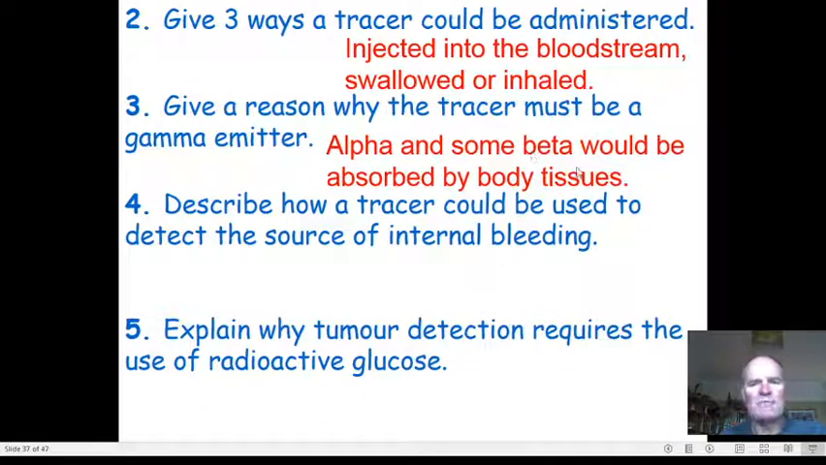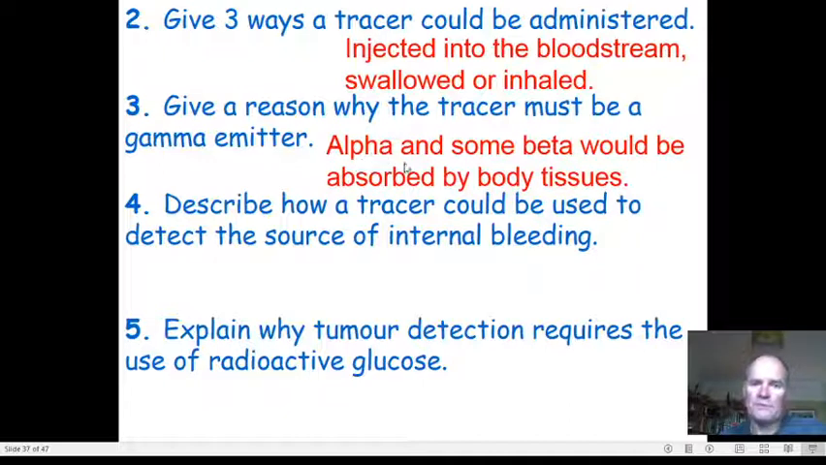Okay, alpha and beta will be absorbed by the body tissues. Alpha is hugely ionizing, and will be very, very dangerous within the body, as we know from Alexander Litvinenko. Beta would be absorbed by the body tissues. It doesn't have a huge range, but a gamma emitter would get out of the body, wouldn't it? It's got to pass out of the body to be detected by a PET scanner,